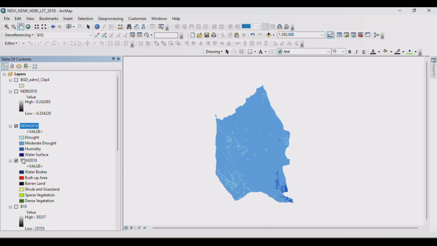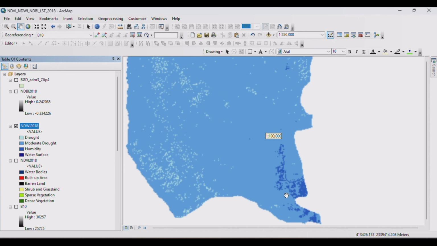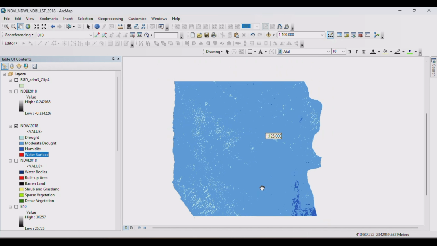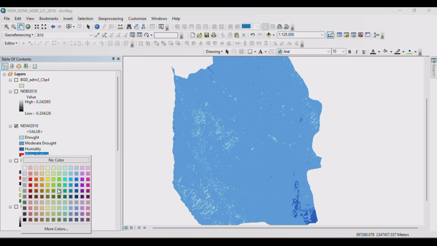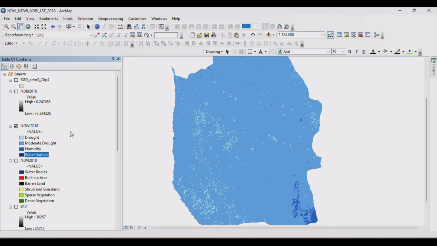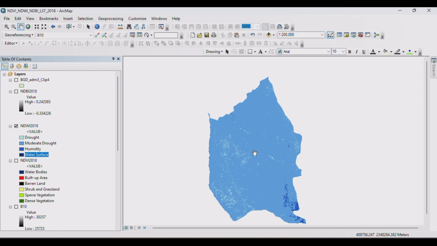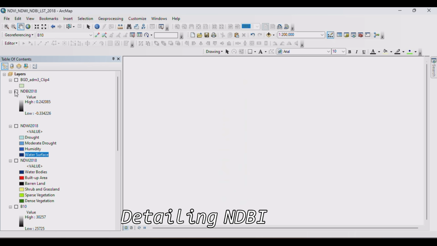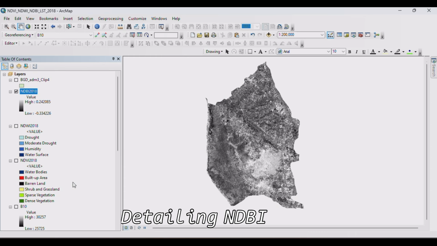And here it is, the value of NDWI. As you can see, we don't have any water surface. Yes, we don't have any water surface in this picture. I just wanted to check it out by changing its color. So this is the NDWI map of Ukhia, and now we will move to NDBI. Okay,